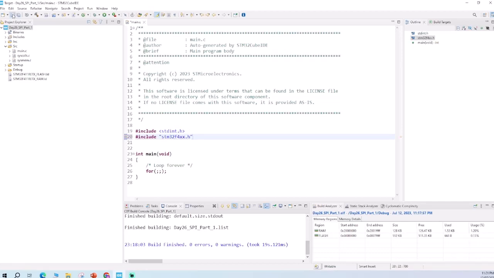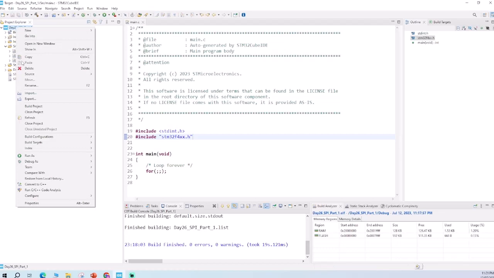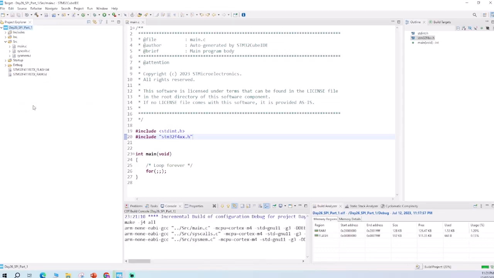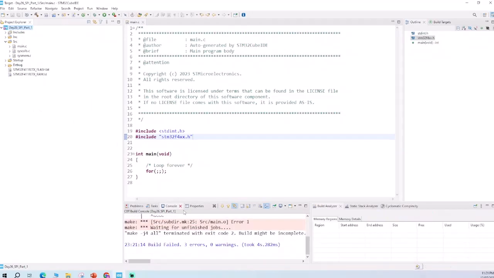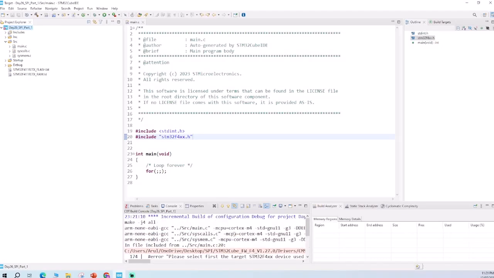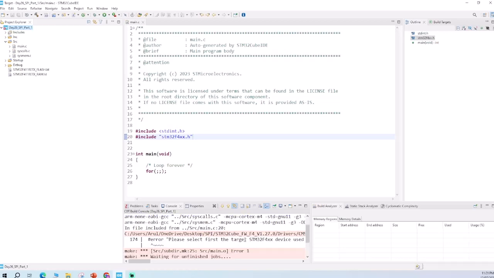So I'll just go and save. You will get an error because we haven't declared the symbol. So you'll get these three errors. This is nothing but it's showing that the Cortex M4, these are all connected, but it's missing a device symbol. So to do that, just simply